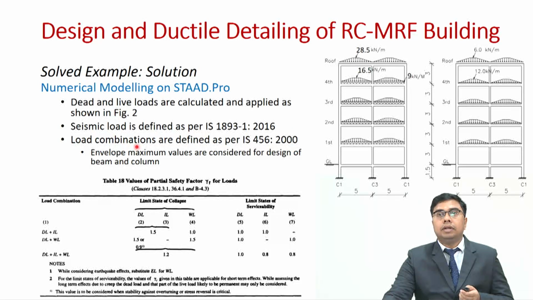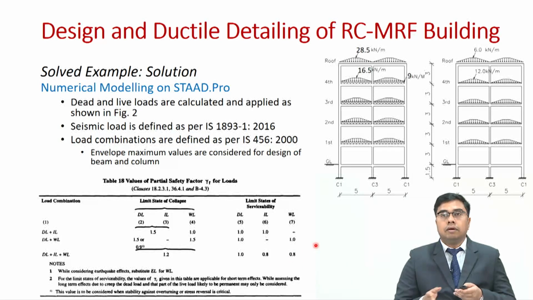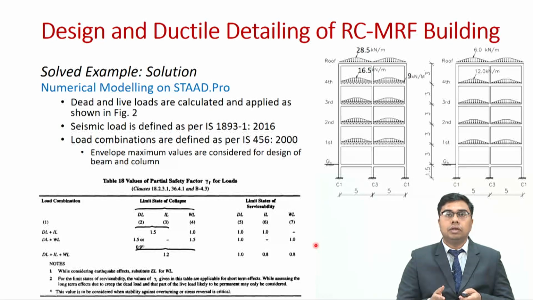Then the load combinations are defined as per IS 456:2000, where it is given in Table 18. I have put a screenshot of Table 18 from IS 456 here, where we get the information about the various load combinations to be used. But when it comes to the modern code, if you are using the IS 1893 2025 version, then this code gives you